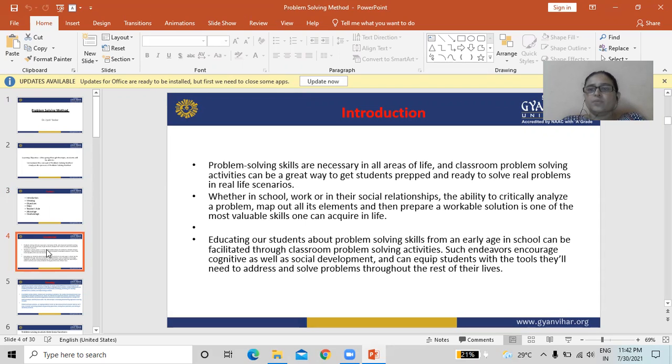Introduction of problem solving method. Problem solving skills are necessary in all areas of life, and classroom problem solving activities can be a great way to get students prepared and ready to solve real problems in their real life scenario,